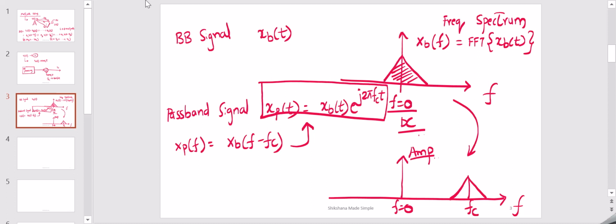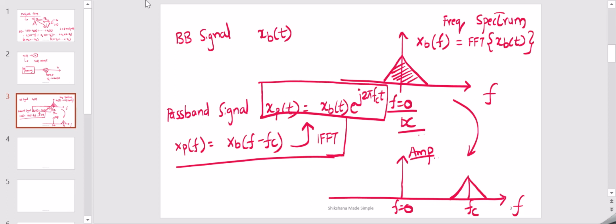So how did we get this equation? If we do the IFFT operation of this, then the shift in the frequency would result in a phase shift in the time domain. Okay,